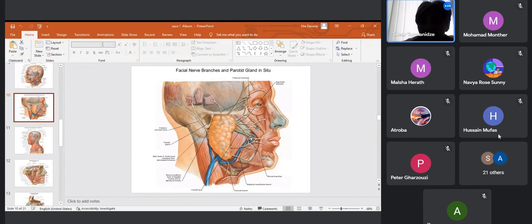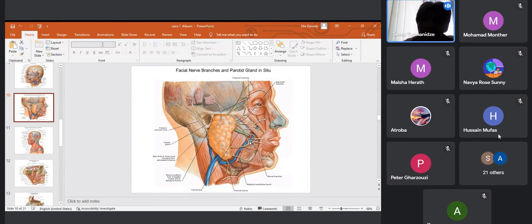The parotid duct, when it comes from the parotid gland, crosses superficially the masseter muscle and enters the buccal region. In the buccal region, it pierces the buccinator muscle and opens in the oral vestibule opposite the second upper molar